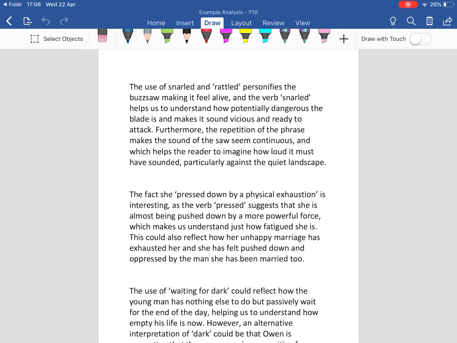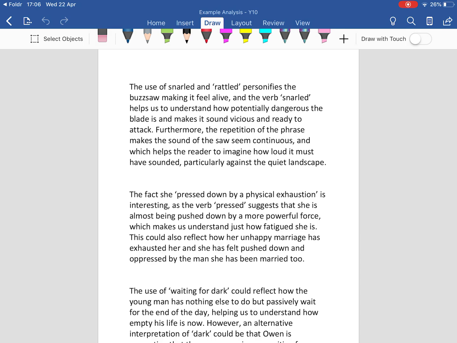Hi Year 10. The purpose of this video is to show you how to get into level 5 for your analysis. Now to get level 4 for this task, you need to analyse thoroughly. You need to go through the text in a thorough way, which means to do it in a detailed way. To get into level 5 means you have to really thoughtfully analyse and explain the effect of a piece of